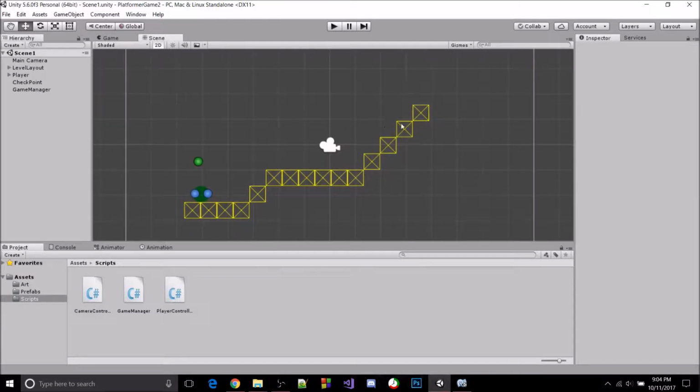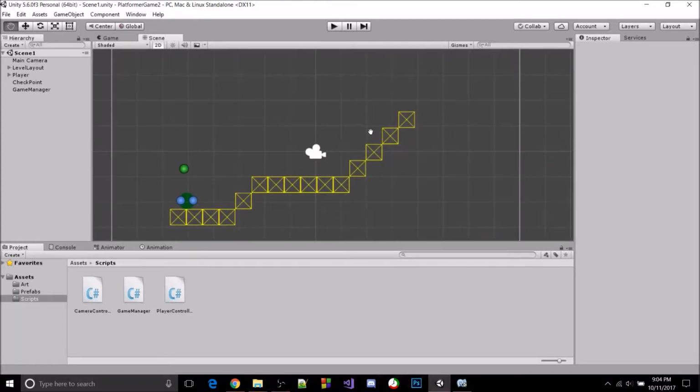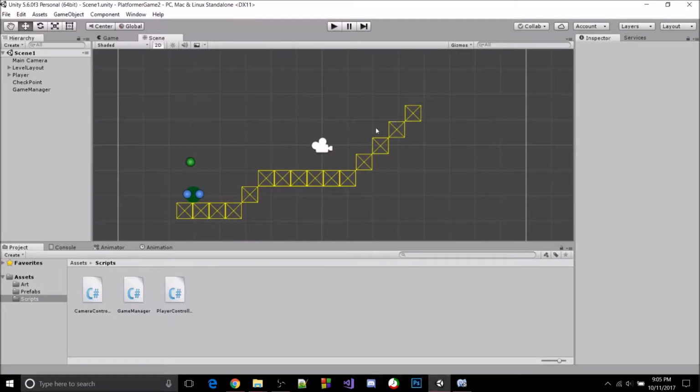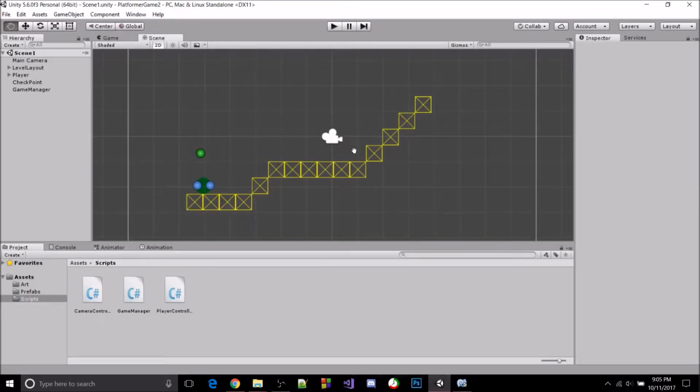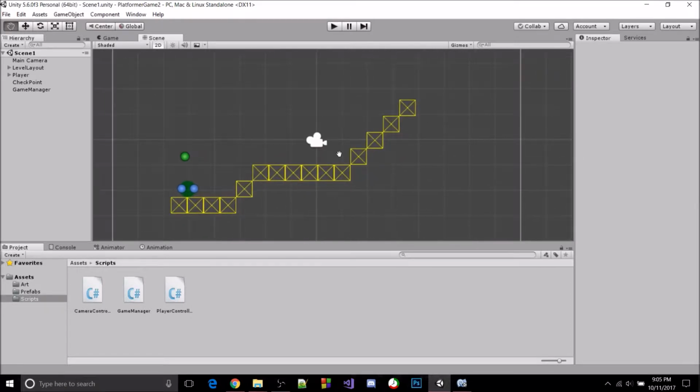And I'm sorry guys, but I won't be able to show you how to make a wall jumping system, but I'm sure it isn't very useful for most of you. However, I will show you something that is very useful, and that is how to make players. I mean, not the players, enemies. Now, you're going to probably need a lot of enemies in your game,